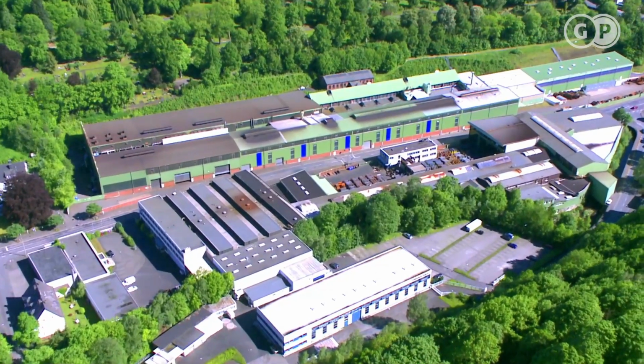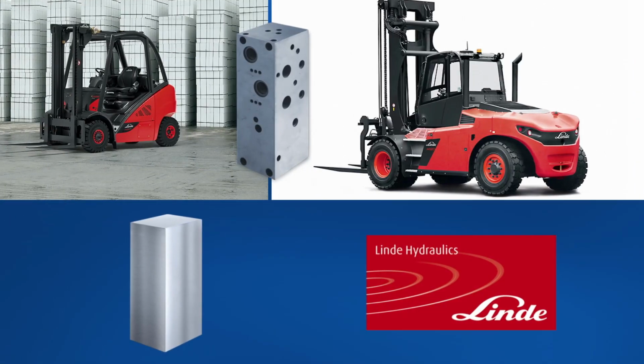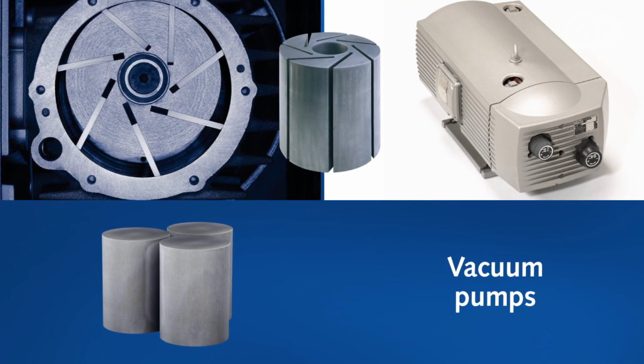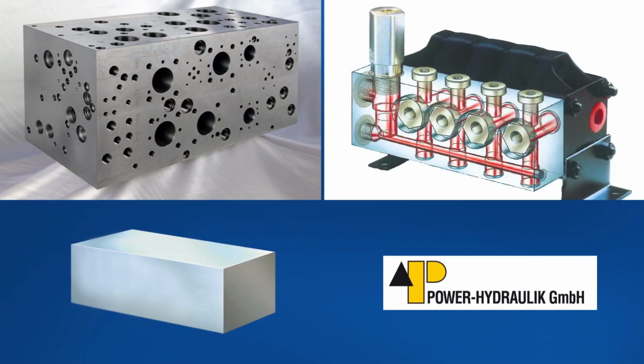Hein serves customers in all fields of mechanical engineering. Here, for example, GP continuous cast parts for forklifts, round continuous cast core components for vacuum pumps, square GP continuous castings for hydraulic control blocks,